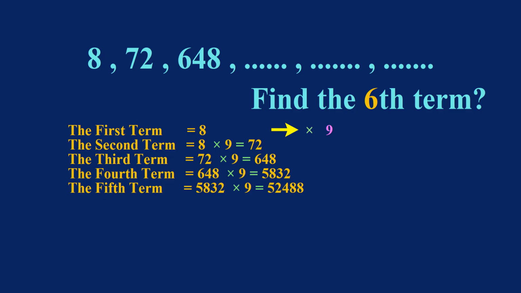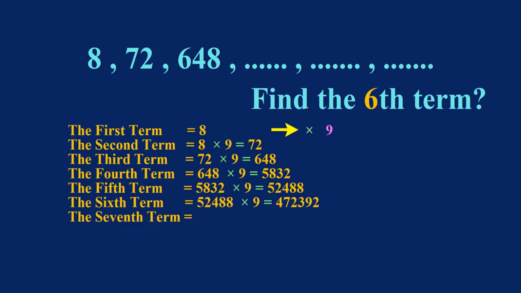52,488. And the sixth term is 52,488 times 9, which equals 472,392. And the seventh term is 472,392 times 9, which equals 4,251,528. And for our problem, we want to get the sixth term, which equals